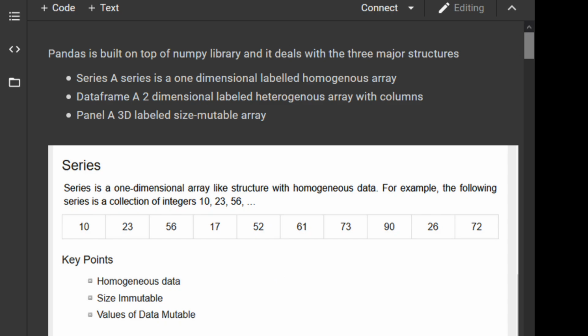Welcome back, guys. Today we're going to be talking about pandas. In the previous tutorial, we saw how to work with the NumPy library. Pandas is also a library built by a developer and made available for every Python developer to use. It was built on top of the NumPy library and deals with three major structures: a series, a data frame,